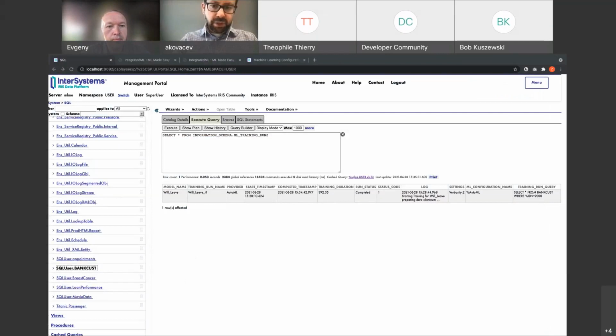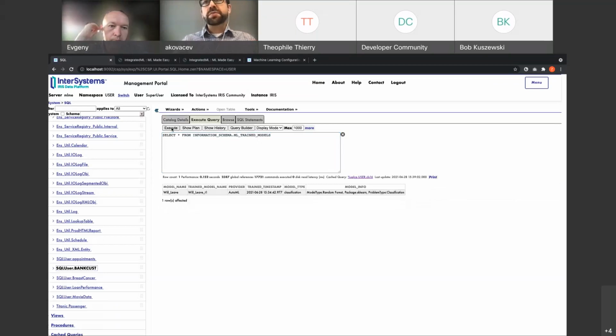What we have further is, let's see how this is being stored. When we have this model being stored, there's a table for this model, with a timestamp. At this point you can go and take a look, because